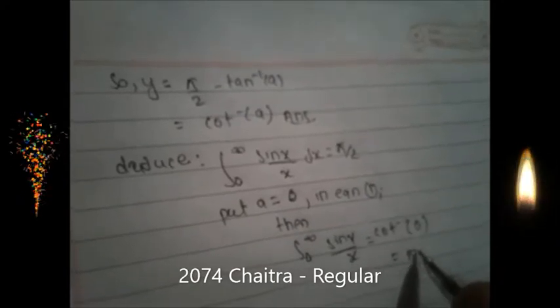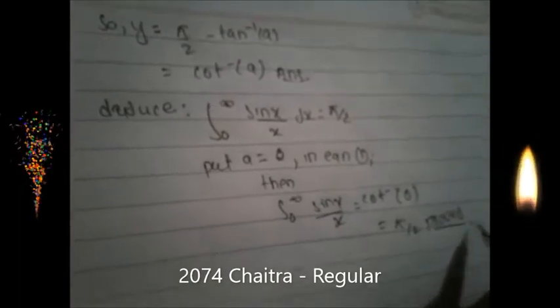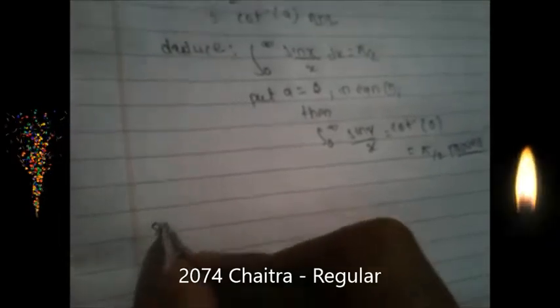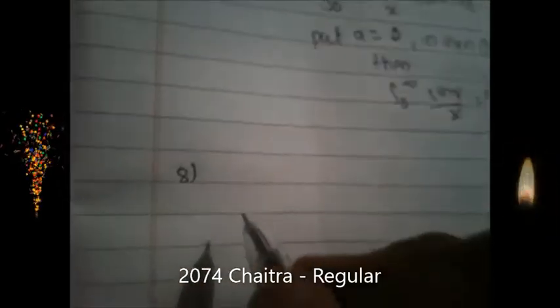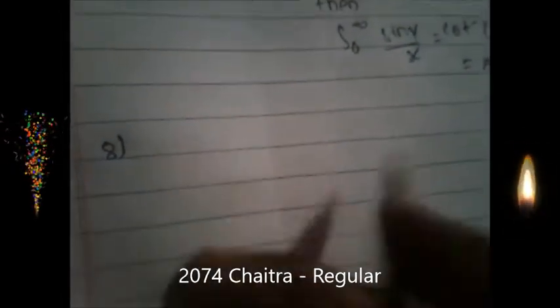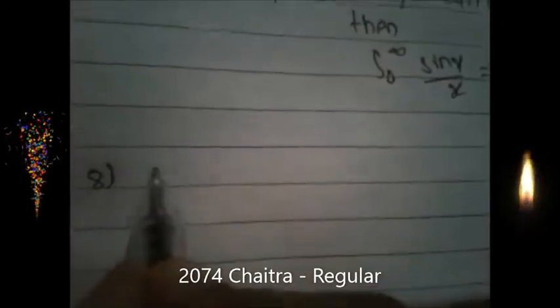This is pi by 2, proved. Now we move to our next question, that is question number 8. The question asked is: define beta function. How do we define beta function? We define beta function as